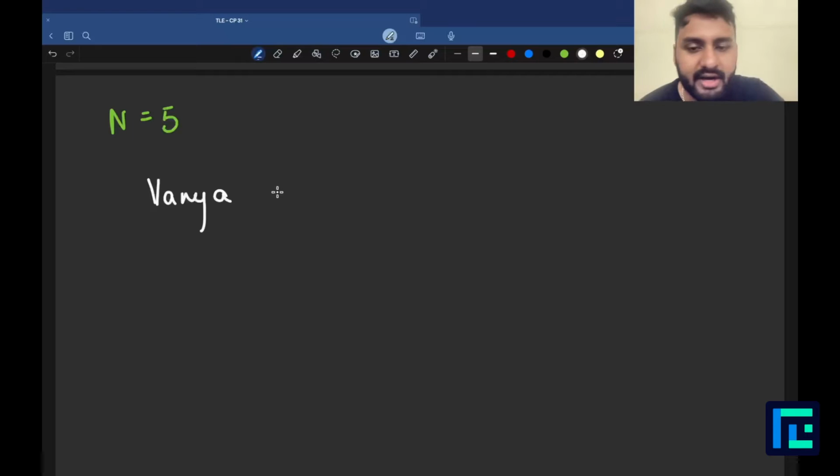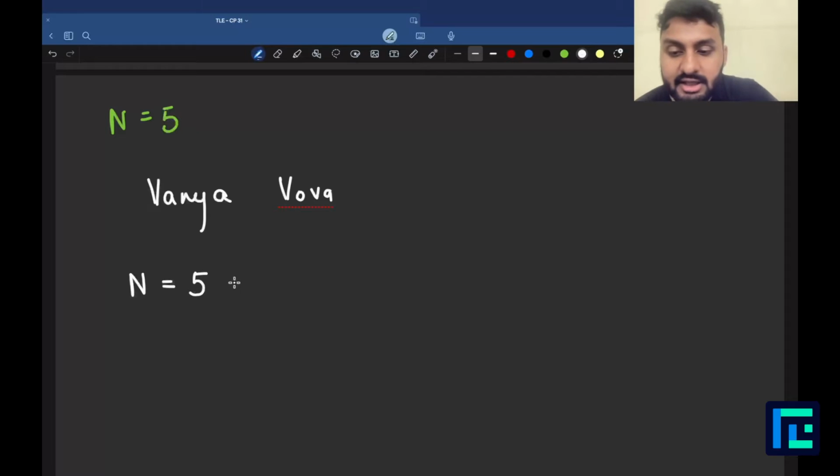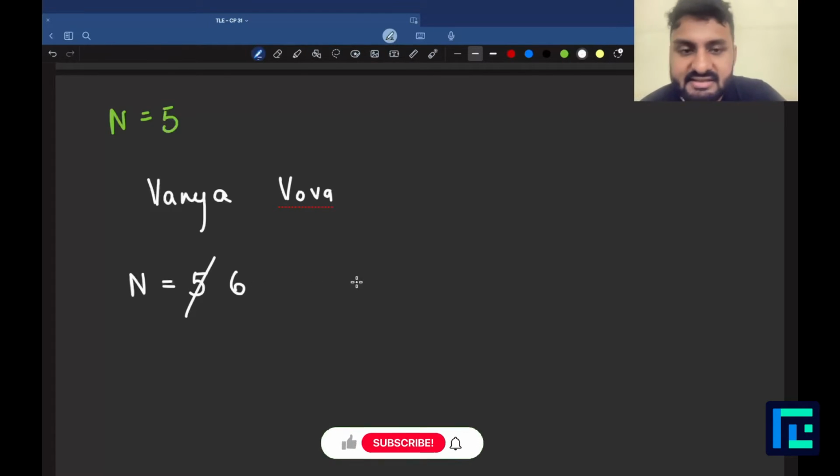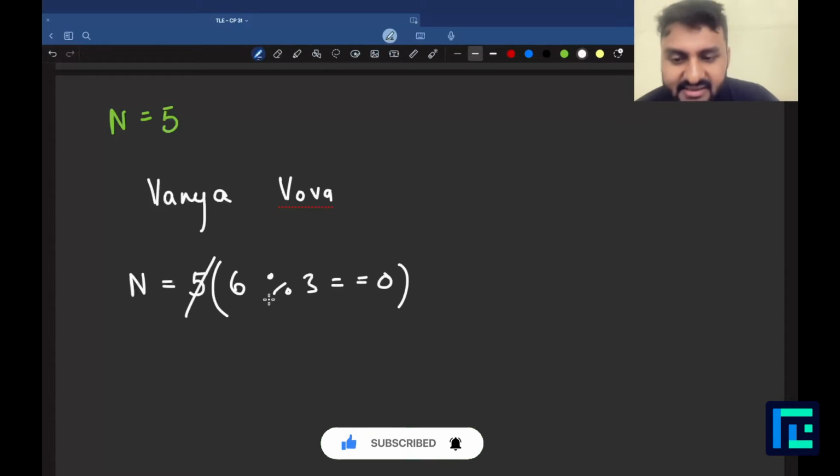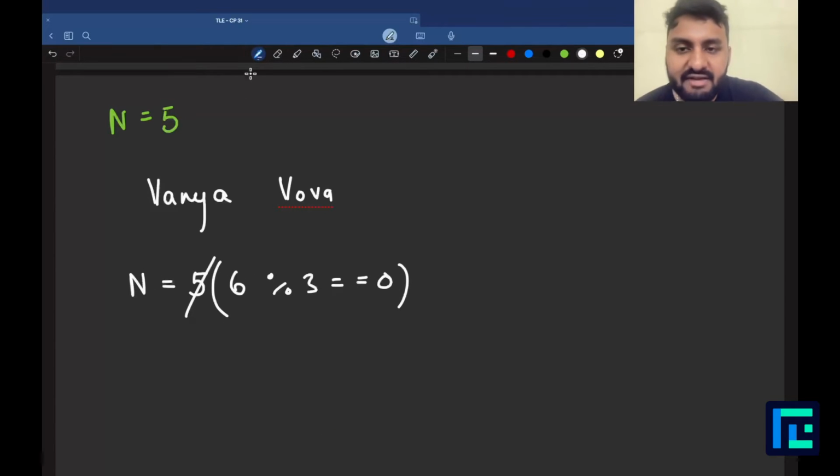say Vanya, okay, go ahead, it is your turn. So can Vanya do something like this? Can he change n equals to 5 from 5 plus 1, that's actually 6? Yes, he can. He's going to do one operation, as in one turn max. And now do you think 6 mod 3 is equal to 0? Yes, it is. So can I say that in the very first turn,